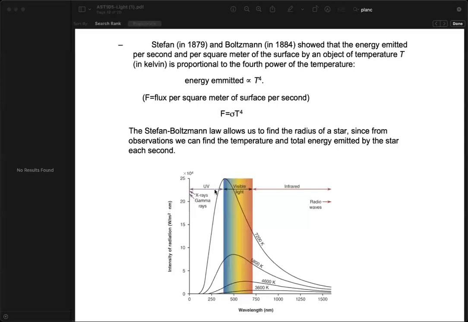And then this is the second law, Stefan-Boltzmann law, which helps us determine the radius of the stars. All the steps involved in doing that are a little bit complicated, and you will learn it in more detail when you go to the chapter on stars. But here I will just hint that that's what it is used for, and I will only show you how to